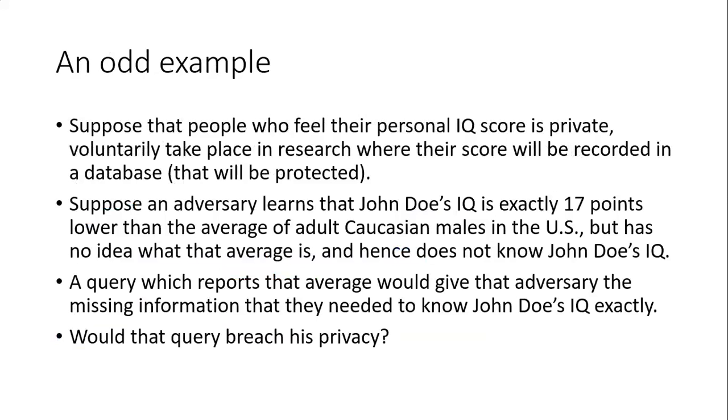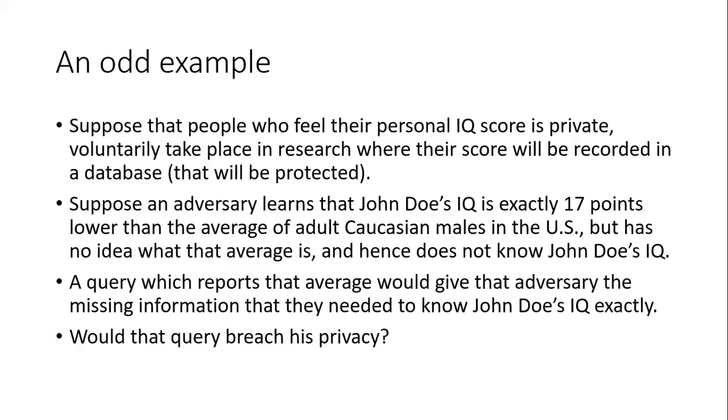So the assumption here, or what's not being said, is: what if instead of giving out the details of everybody's IQ, we just give them summary statistics? That'll preserve privacy. And then what you're saying is, if you also have this information about John Doe relative to this information, then it actually spoils the privacy. Yeah, exactly.